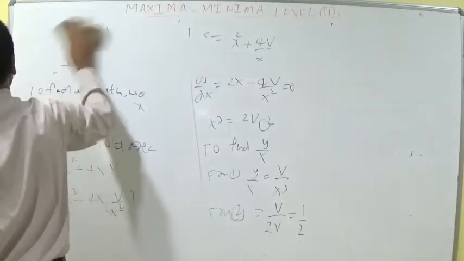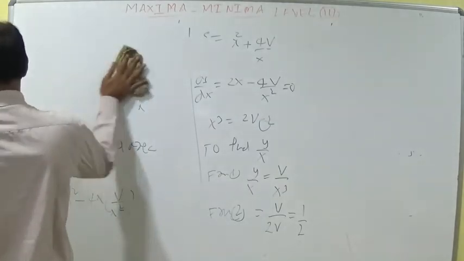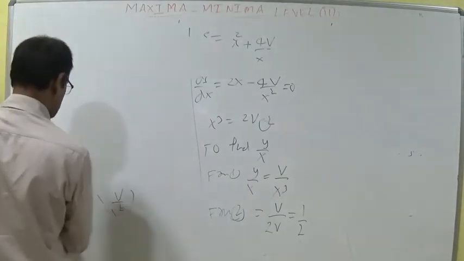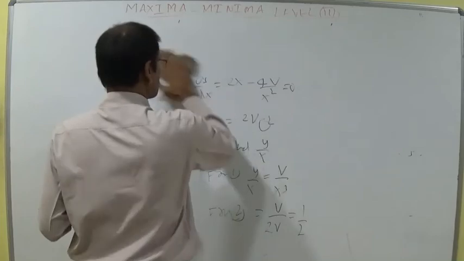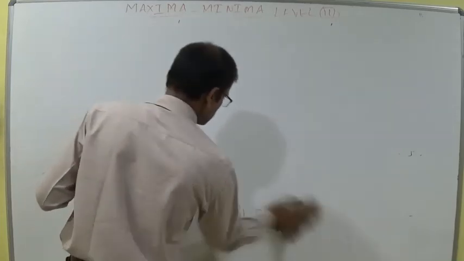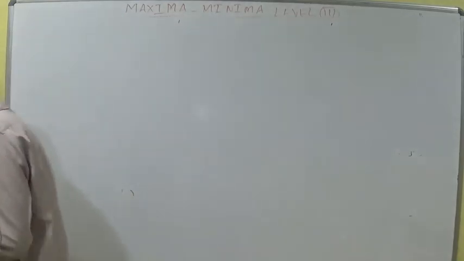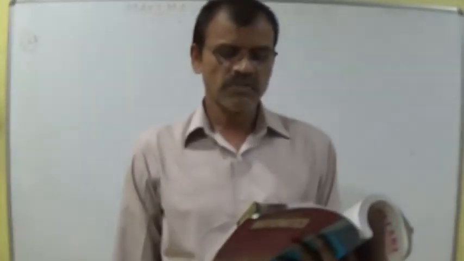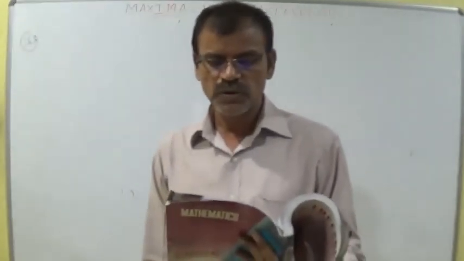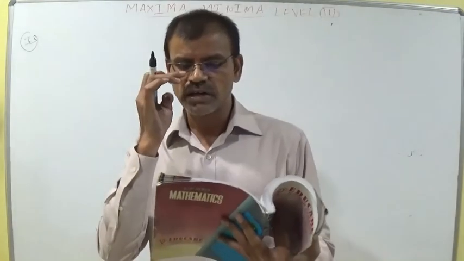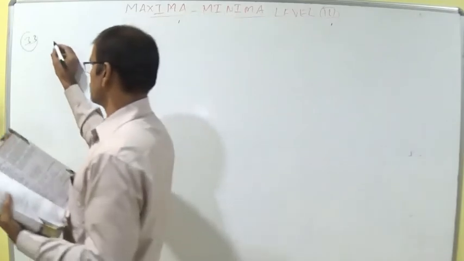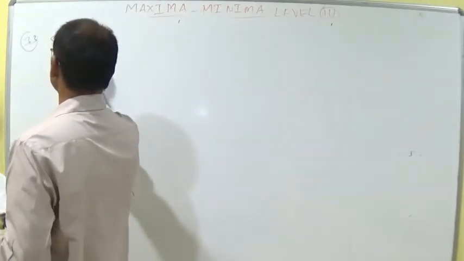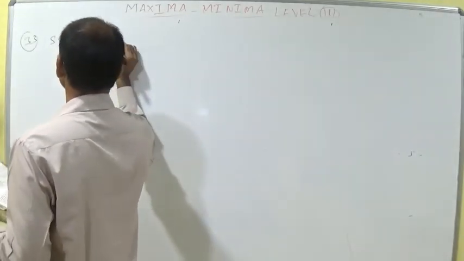33rd question. A box without lid. Students, there is a shortcut. I will say the shortcut only for this question. Previously we discussed that in the synopsis regarding the 33rd question. The process also I will say, you do as homework. A box without lid having maximum volume is made out of a square metal sheet of edge 60 centimeters. Side indicate here 60 centimeters.